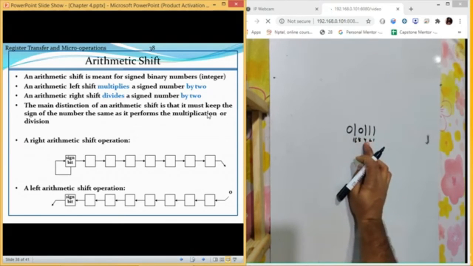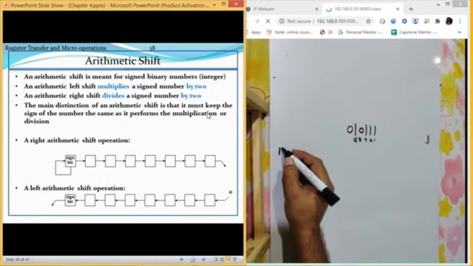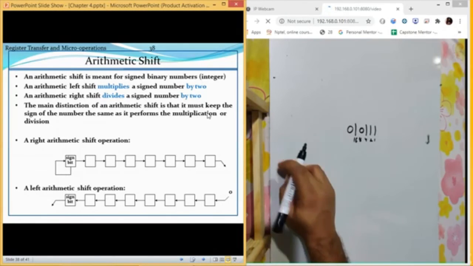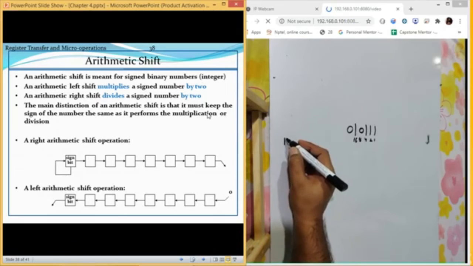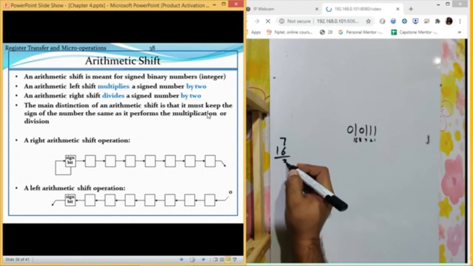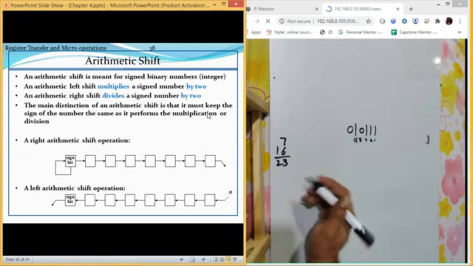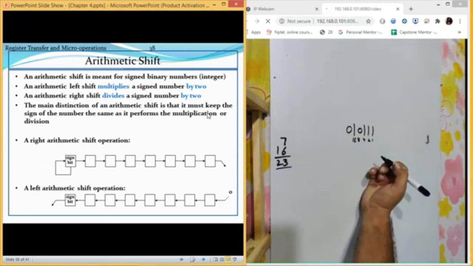So it is 4 and 2, 6, plus 1, 7, and 16, that is 23. Now this value is 23.